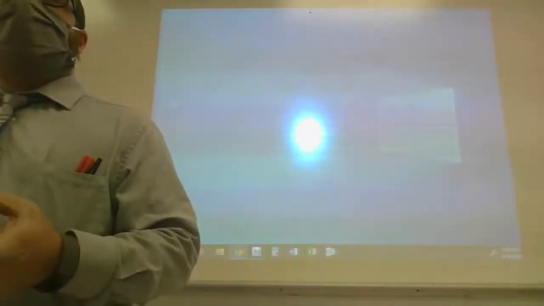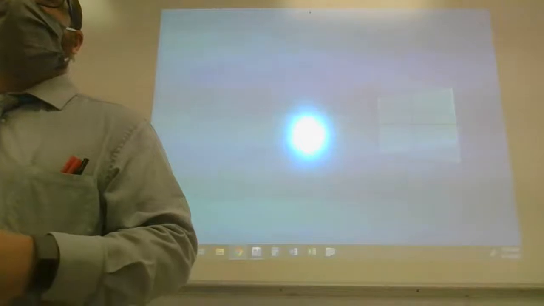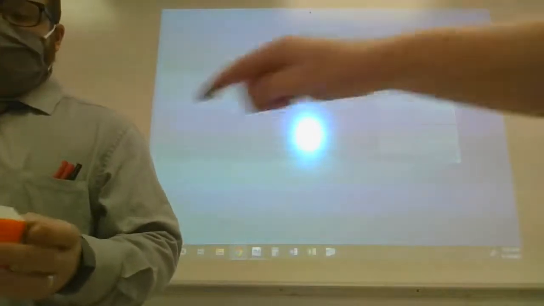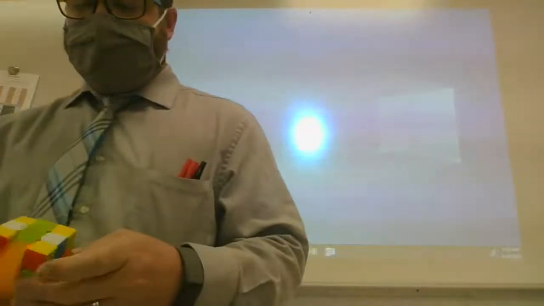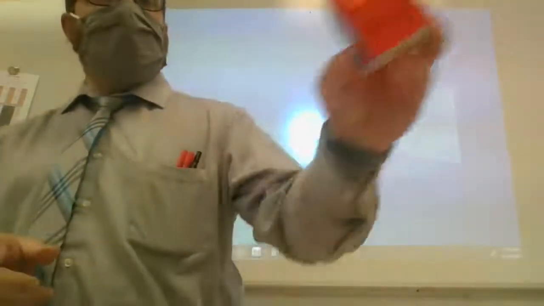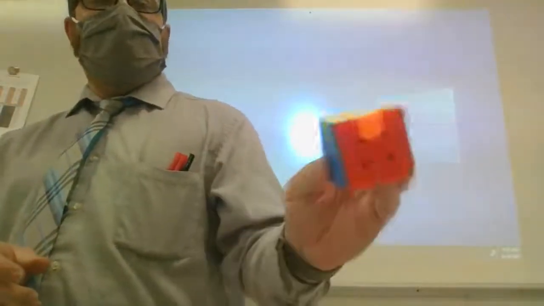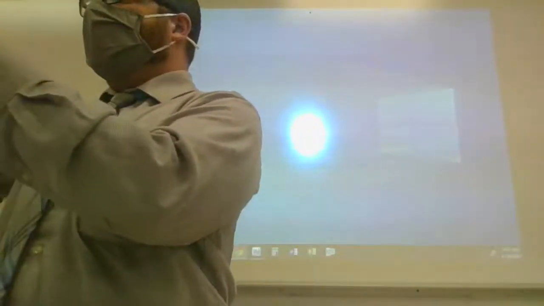Well, the middle pieces don't move. No, not the middle piece as in like the middle piece. Like the middle piece as in like one of these. Oh, one of the edges. I got you. So, middle edge, like that. Algorithms, depending on where they're supposed to go,